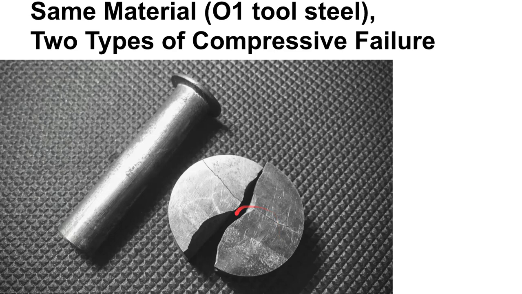This other piece of O1 failed under compression, and it just shattered. Okay, this one was heat treated and it was not tempered properly, so this was too hard, and it did not have the necessary ductility. So both of these, both the same alloy, heat treated differently to get different mechanical properties, and as you can see, they failed in completely different ways. It means they're going to behave in completely different ways.